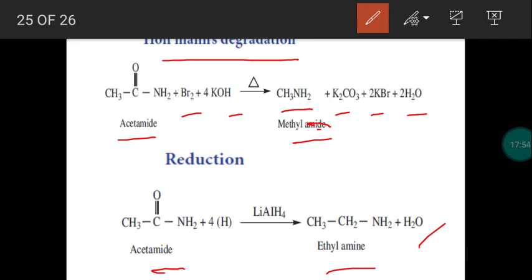So in this lesson we have completed carbonyl compounds and carboxylic acids. So 2 major functional groups we have completed: aldehydes, ketones, carboxylic acids, and the derivatives of carboxylic acids. And many important reactions are available in this lesson. So just study the lesson thoroughly. We have completed lesson number 12.